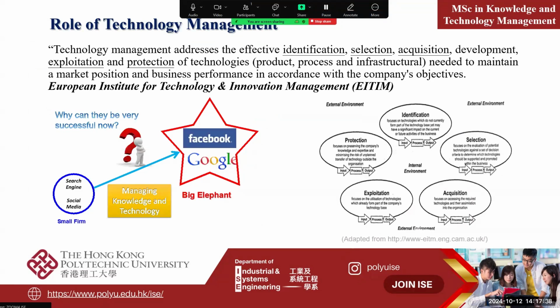The other one that is very important is technology management. You see a lot of companies actually start from small and grow to a global enterprise. This is a journey that helps them grow in such a way. So for those very successful enterprises at the moment, they have a dedicated team to manage technology. For example, you may think about a lot of big companies like HP, or IBM, or different kinds of global companies, Google. Those are companies that actually started from very small, and at the moment have become very global enterprises.